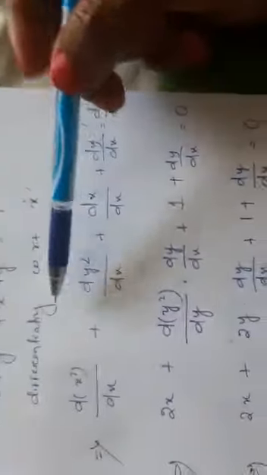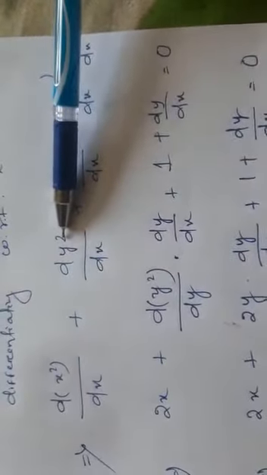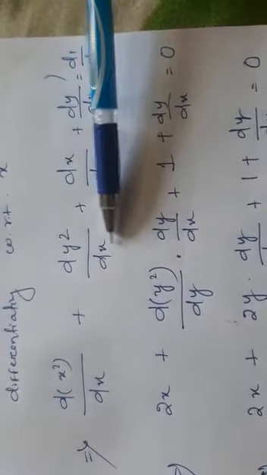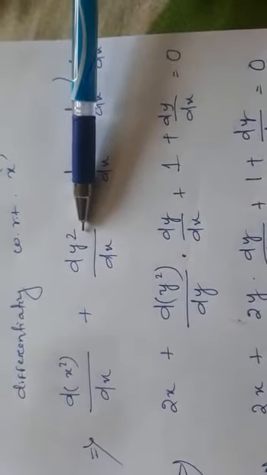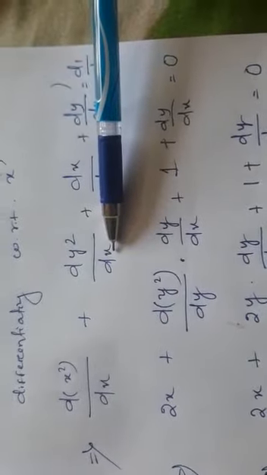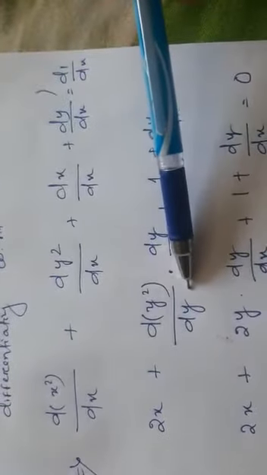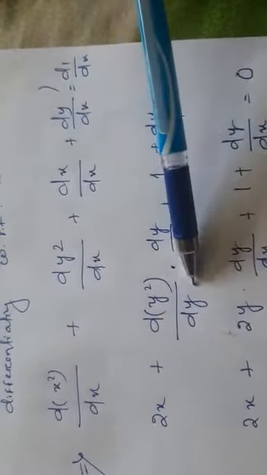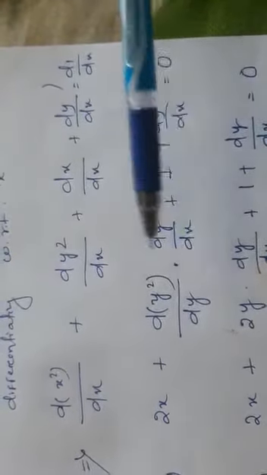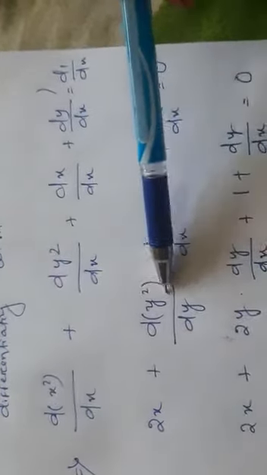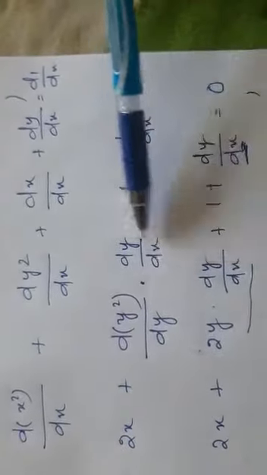Now again here lies the important point. After operating the differentiation symbol on each and every individual term, here comes the important point: how to find the derivative of y square with respect to x. Remember, we cannot directly find the derivative of y square with respect to x. So whenever a function of y comes, what do you have to do? We have to multiply and divide with dy. So the y square derivative is 2y into dy by dx.